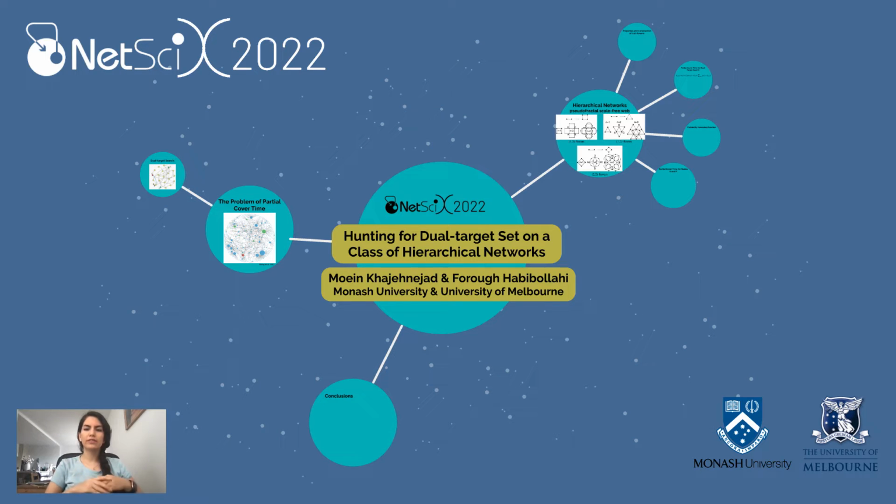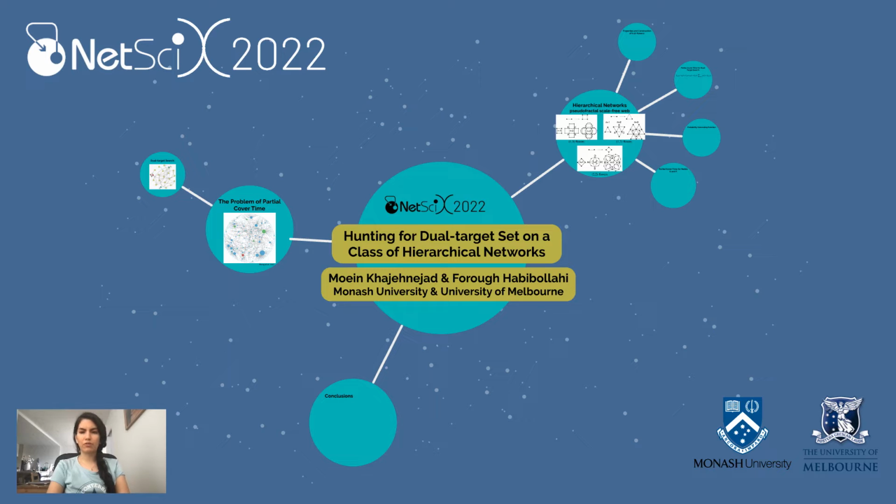Well, we all know here that complex networks have proved to be an exceedingly powerful and efficacious tool for describing a wide range of systems in nature and society. Thereafter, random search processes as an effective and informative way of exploring these networks have also attracted considerable attention towards them. In this work, we study the problem of partial cover time in a dual target search when performing a random walk on a 1-2 flower network.